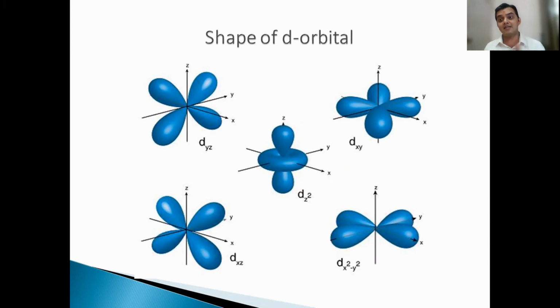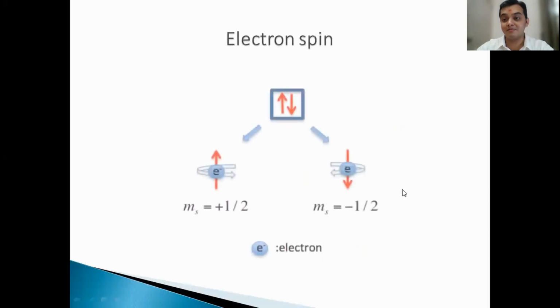It is the only orbital in the d orbitals which covers x, y, and z, all the three axes. So this is how important dz square is. All others are covering only two axes: dxy in between x and y, dyz in between y and z, dxz in between x and z, dx square minus y square on x and on y. But dz square is on z, and with that ring it is also there on x and y. So it covers all three axes, x, y, and z.